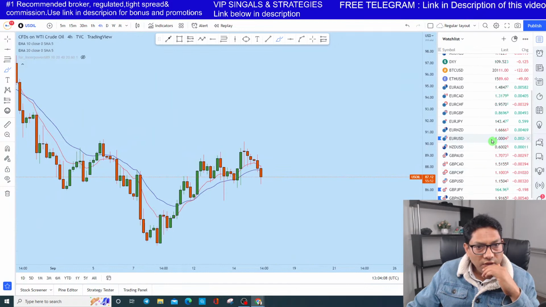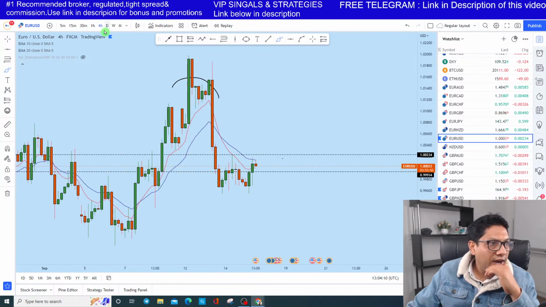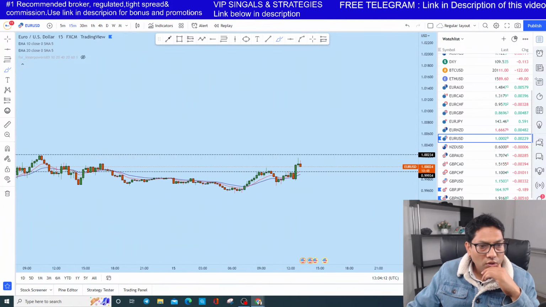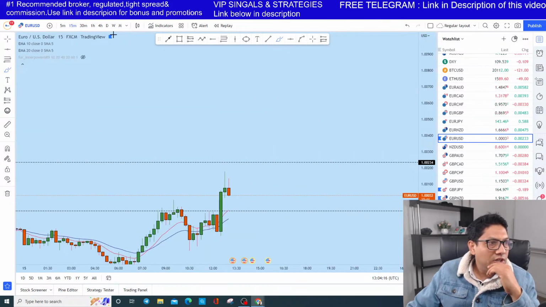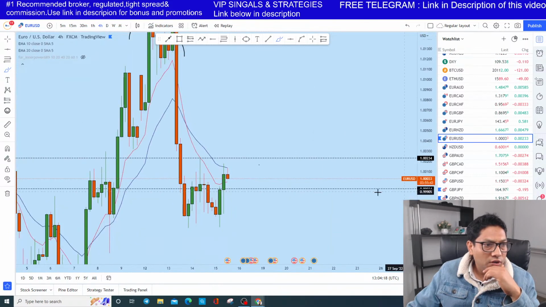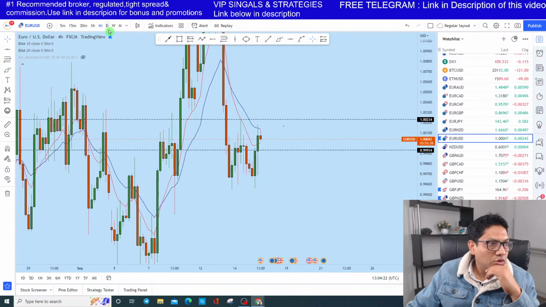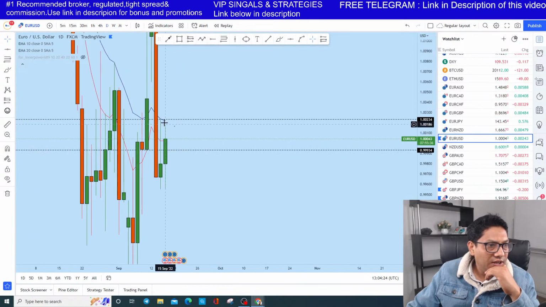Okay, so euro dollar, as expected, I think this one will continue to drop, and we could see a good drop on euro dollar. It tested the 20 EMA on the 4 hour and also almost on the daily, nearly there. So it will basically touch,